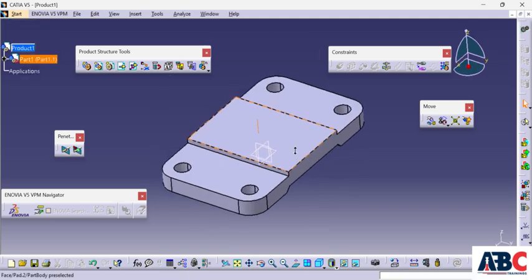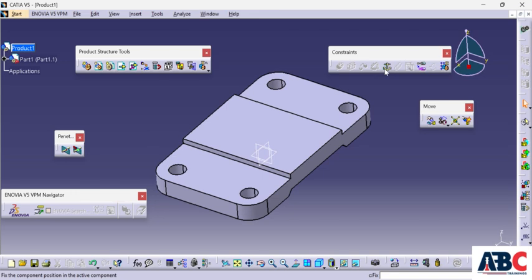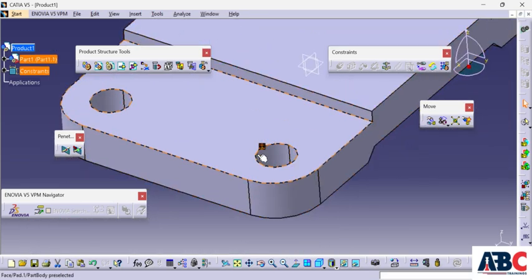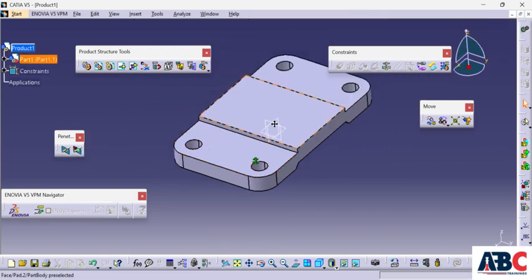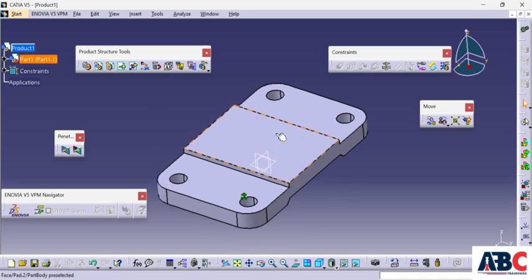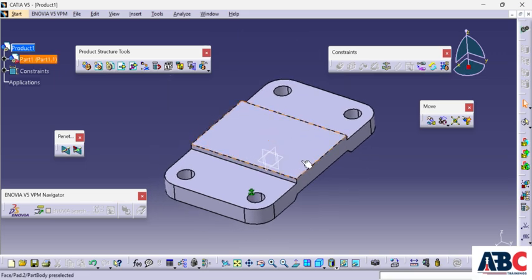So we will give this part a constraint. Why are we giving constraint? Because it constrains the motion of the part. See this, the constraint fixed component has been applied. Fixed component has to be applied for the first part, and we will give constraint to the next part with respect